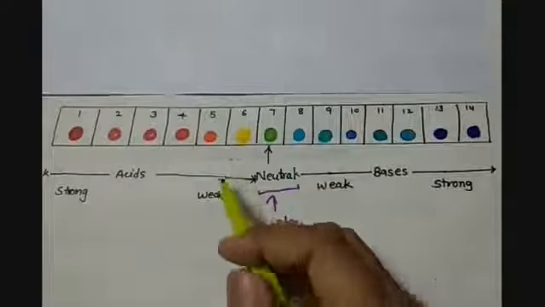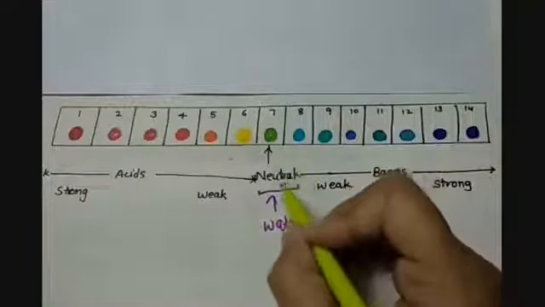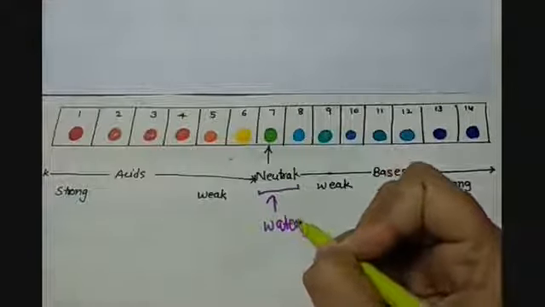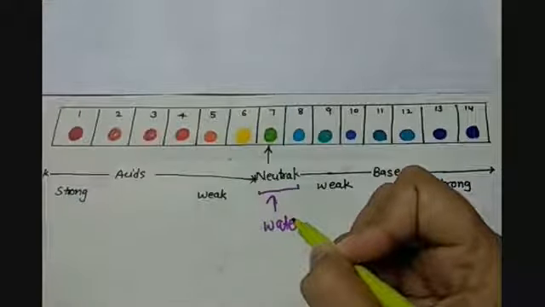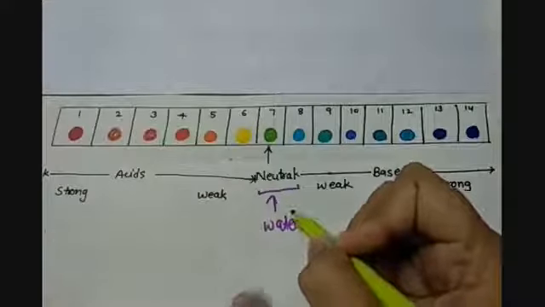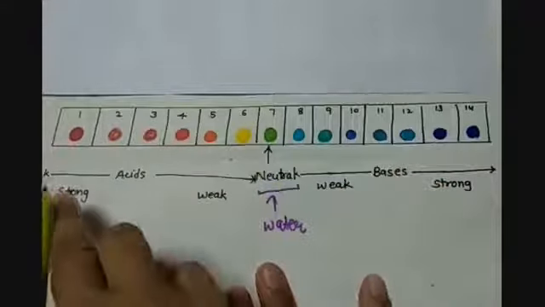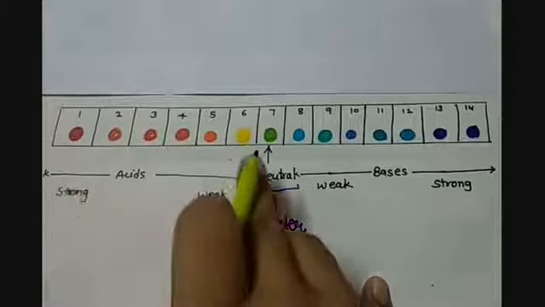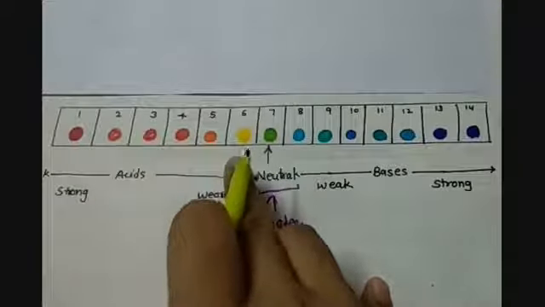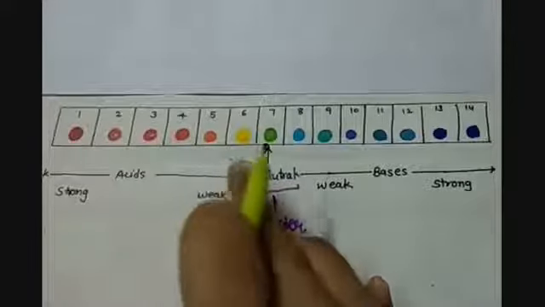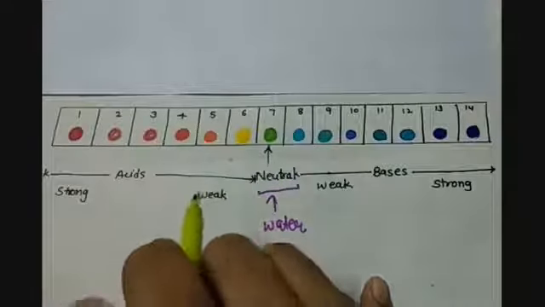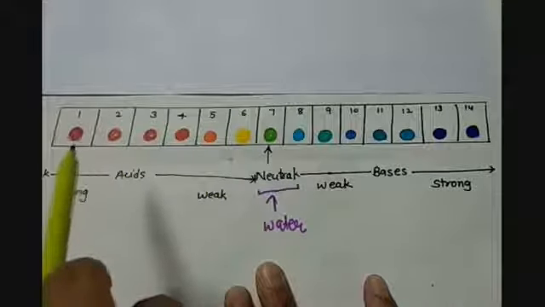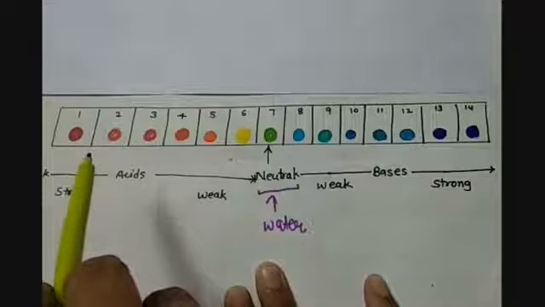So you can see that we have a green point, which is the indication of neutral pH. That means this is the pH of pure water, which is pH 7 and it is neutral. It is neither acidic nor basic. But as we go from 7 to 1, the acidic character of a substance increases. As we go from 7 towards 1, then 6, 5, 4, these are the indications of a solution having a weak acidic nature.